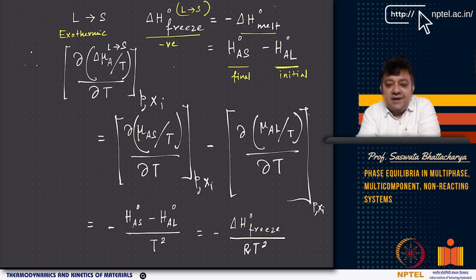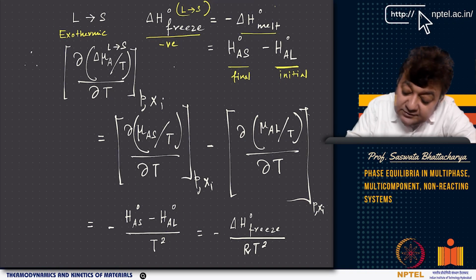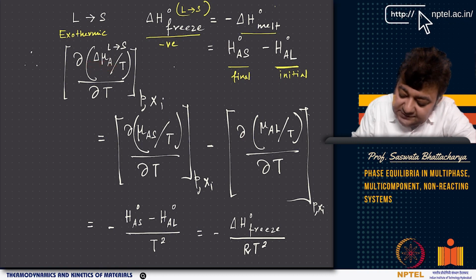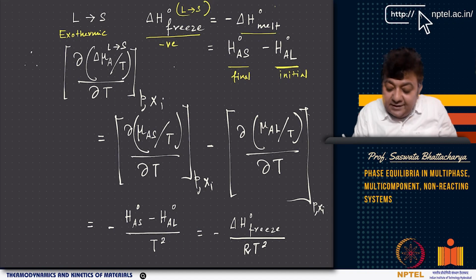That is basically given by del mu by T del T. Delta mu A, for component A from L to S, is the partial molar free energy of component A in the solid, the chemical potential of component A in the solid by T, minus the chemical potential of component A in the liquid by T, del T, which is again given by